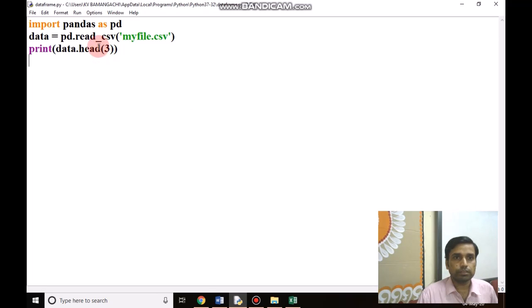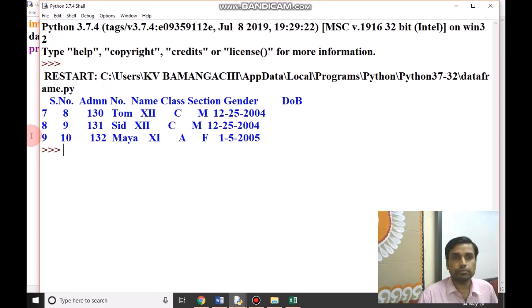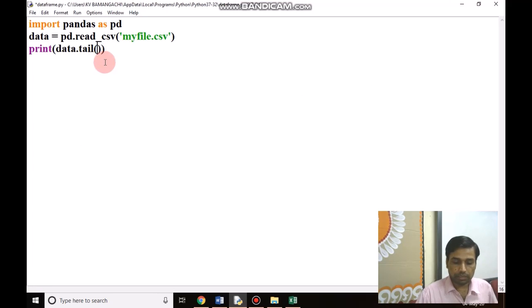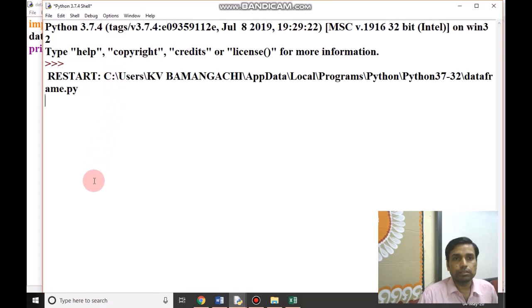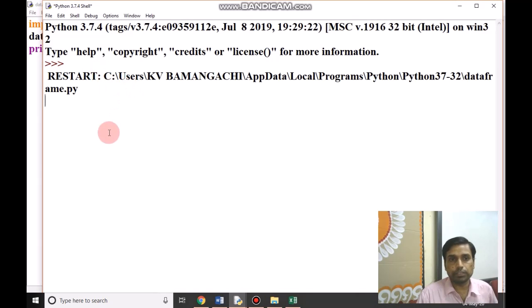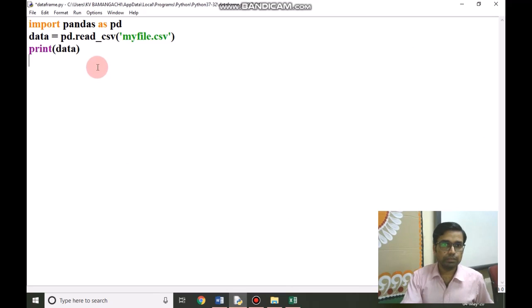If I give here tail, the last 3 rows will be displayed. If I am not giving any number, then the last 5 rows will be displayed. If I am using the head function without any number, then the top 5 rows will be displayed. So in this way, we have imported data from a CSV file to our Python IDLE.